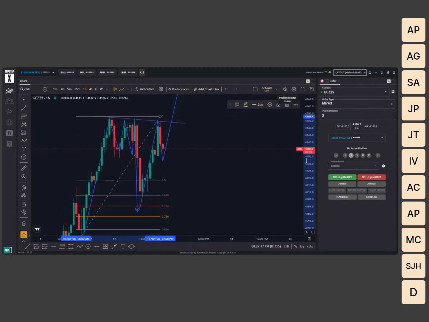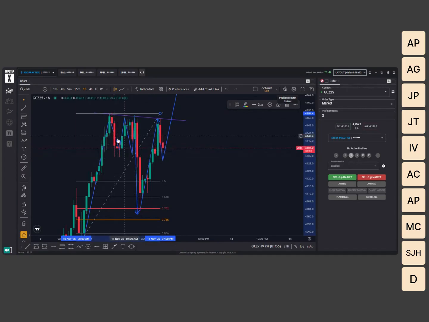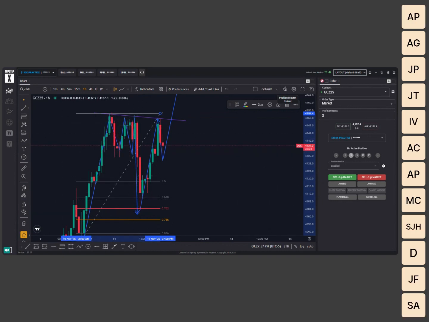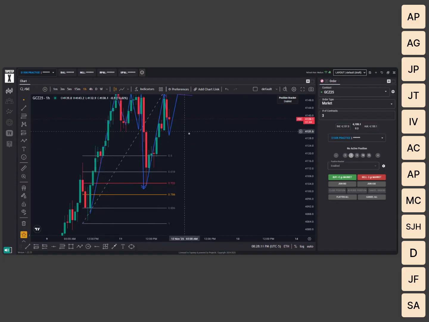Now, Aaron, why wouldn't you count this low as being broken? Well, technically, you could. You could say, okay, yeah, this low is broken. We pushed below this. But we have to understand this was actually just a liquidity sweep. So yes, I could have caught the sale, but if I'm drawing my fib from my previous low to my newest high,